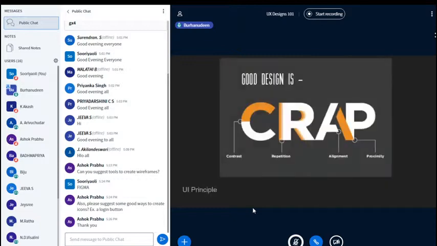A simple example is contrast, for example two colors matching. If you put gray, it gives a different effect than orange. It gives a more visually appealing result, and then alignment: it obviously looks good when the elements are aligned straight rather than collapsed.